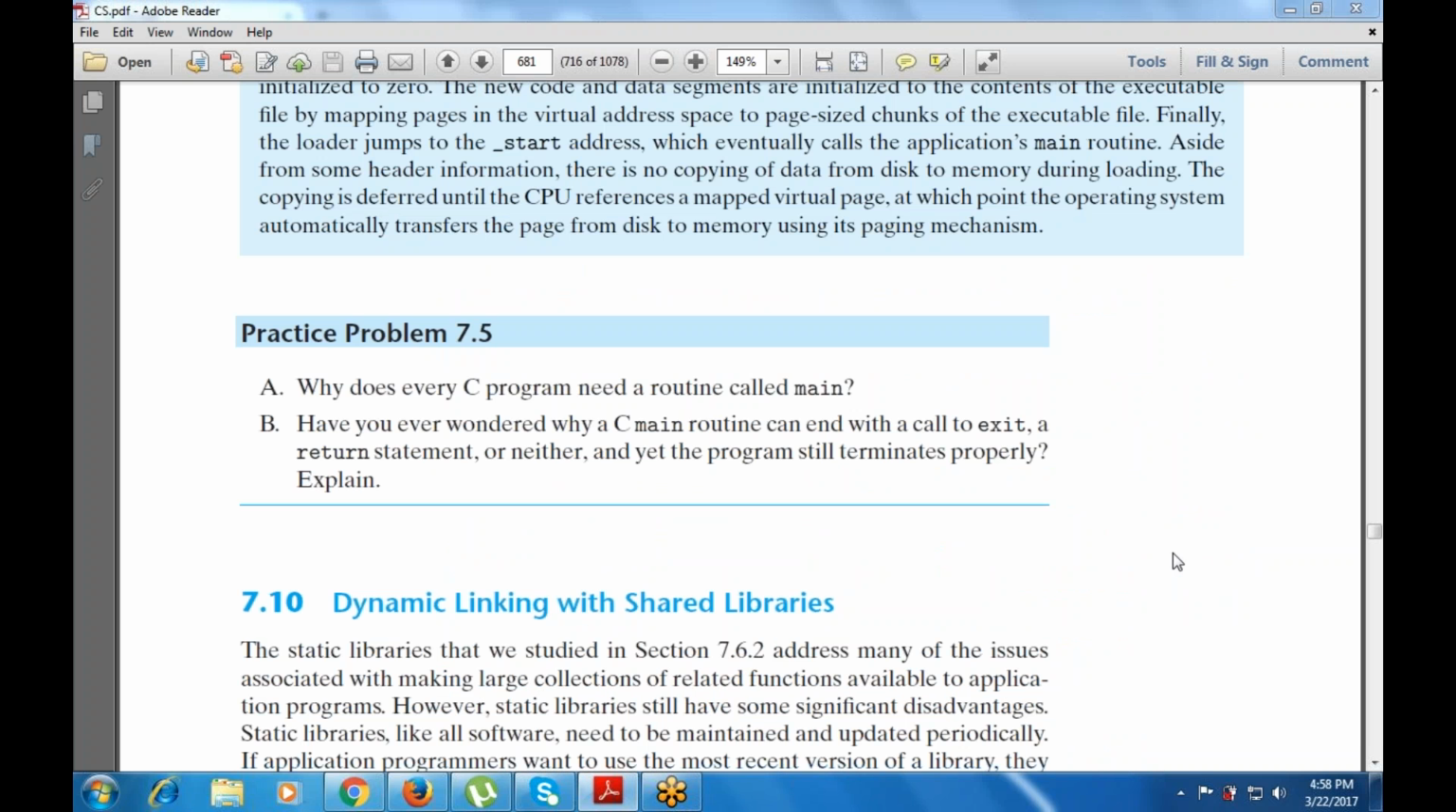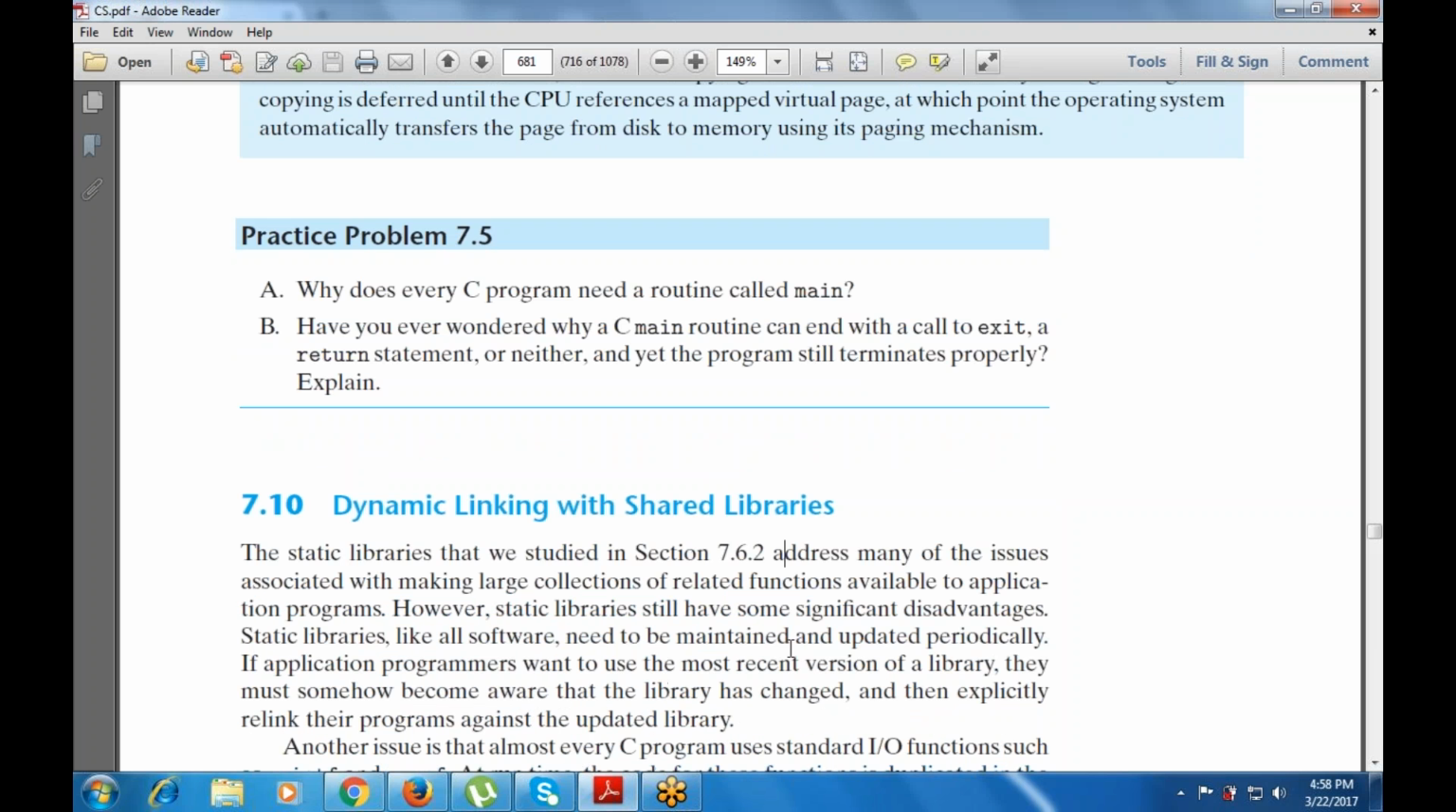Now the last part is dynamic linking with shared libraries. Dynamic linking is runtime linking with the shared libraries that are available to the application program. Static libraries have significant disadvantages. Static libraries, like all software, need to be maintained and updated periodically. If the application programmer wants to use the most recent version of the library, they must somehow become aware of how the libraries or the predefined methods have changed